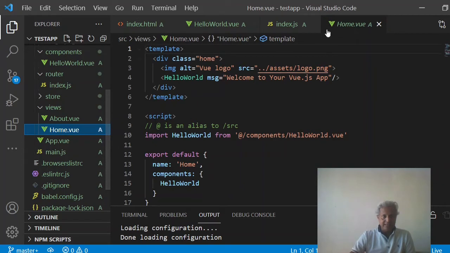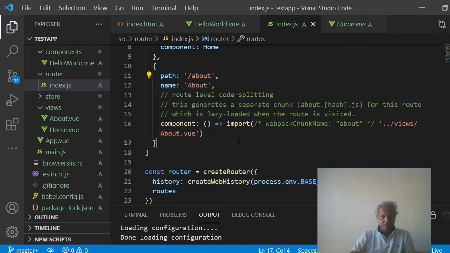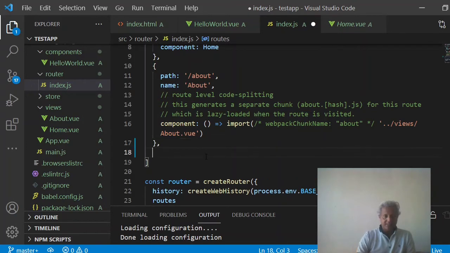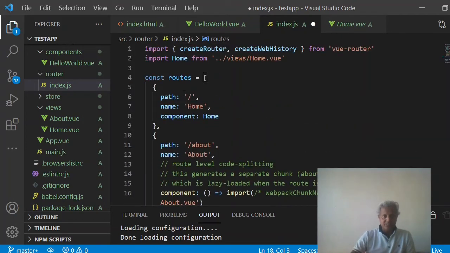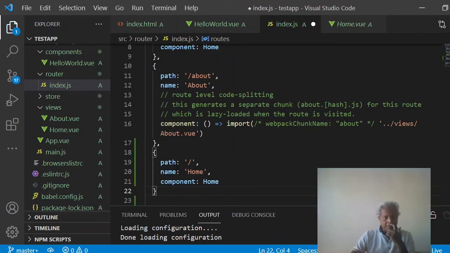And now inside this index.js you see this is the first route, that is for home. This is the second route, that is for about. Now if you want to create one more route here, then you simply copy this part and paste it here. Okay, now I want this to be, I say